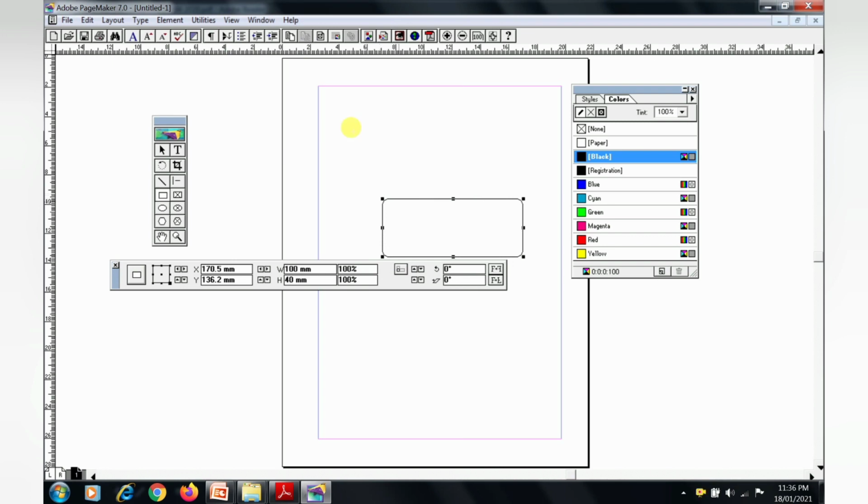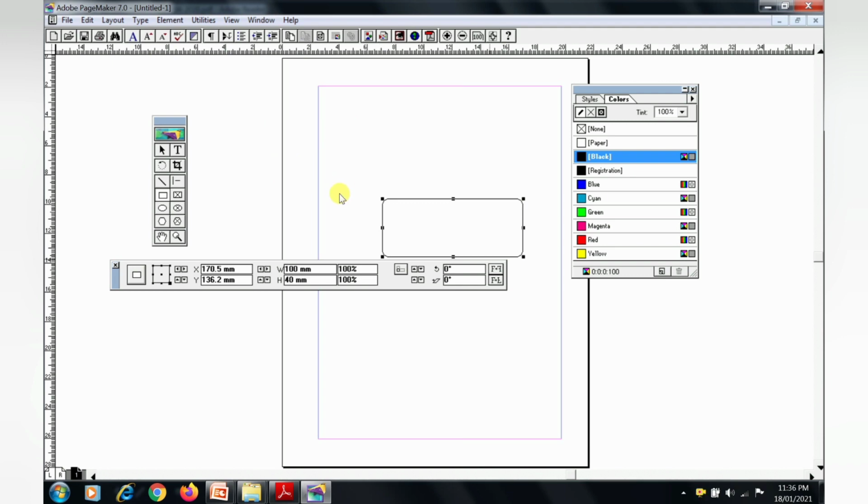Now all four corners appear rounded. This is the rounded corner. Then the rectangle appears with the rounded corners.